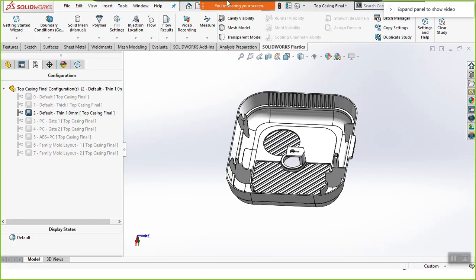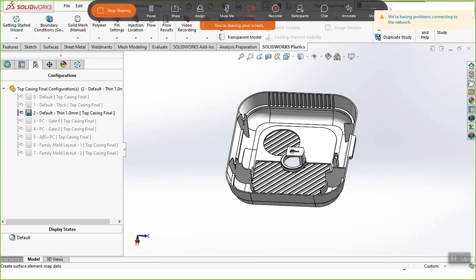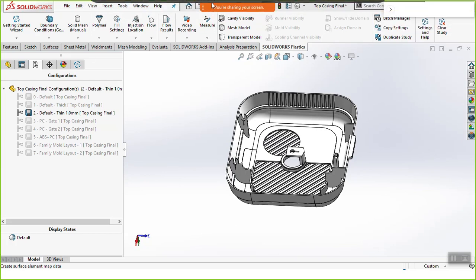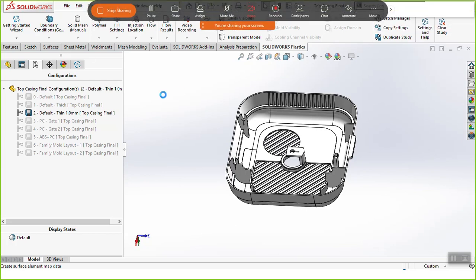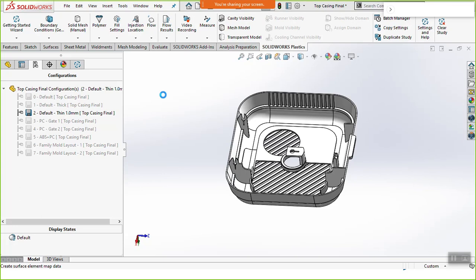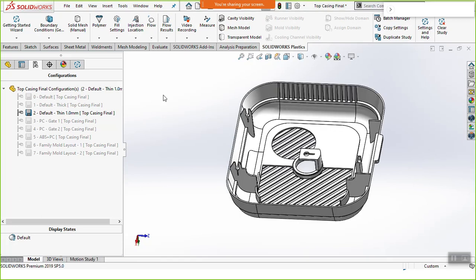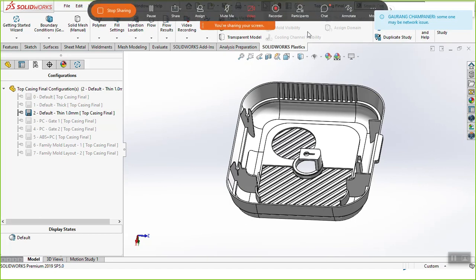One of the great things about SolidWorks is you can anytime go back to your part modeling, do the necessary changes, and come back to your plastics. So all the changes will be taken into account.